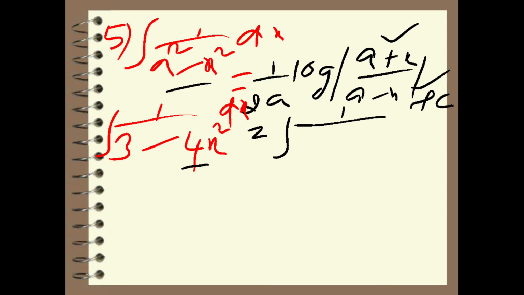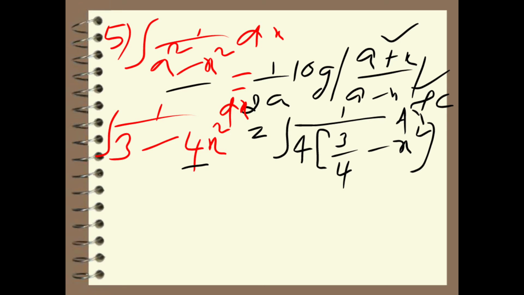So to convert to our formula, first you have to take 4 common. So sir, if 4 is there but 3 is not a multiple of 4, how can we take 4 common? Some may get a doubt. But if a number is not a multiple of another number, that number should be in the denominator. That means since 3 is not a multiple of 4, 4 should be in the denominator if we take 4 common. So we have to write like this: 3 by 4 minus x square into dx.